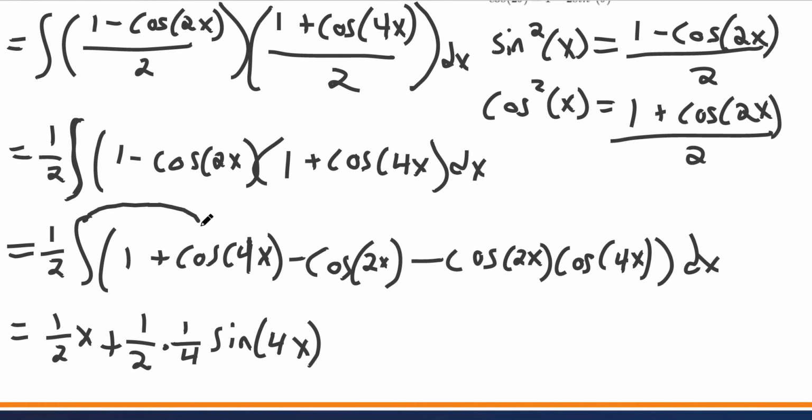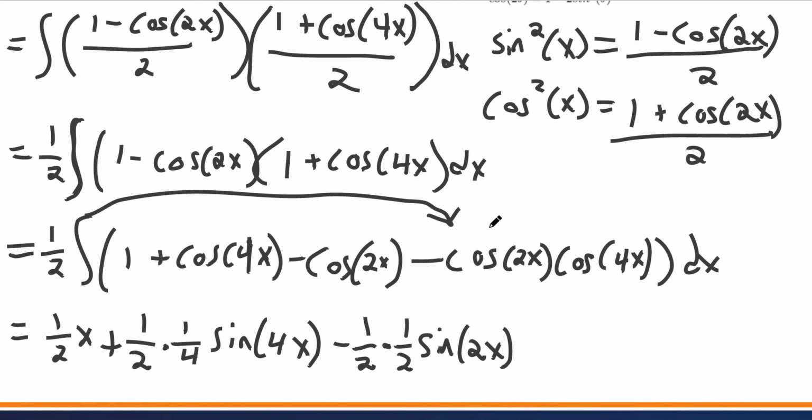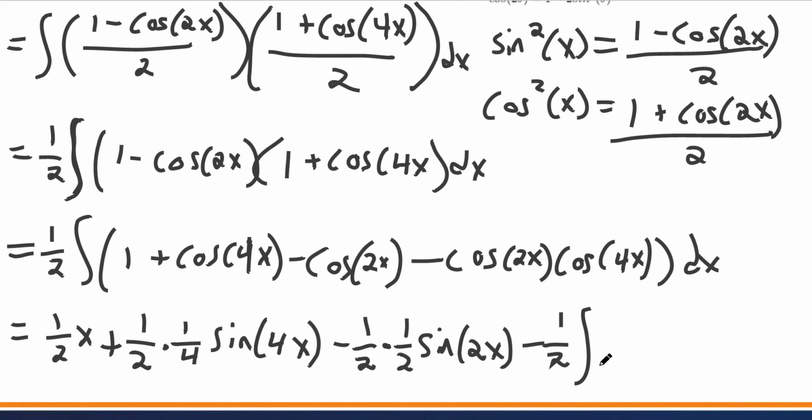So we've done the integral here. Now we need to do the integral of this. Similarly, that's going to be 1/2 from outside times another 1/2 when evaluating this antiderivative, and that's sine 2x. And we're almost done. Now we just have to do kind of a tricky antiderivative here. So before we do that, let's just write that out as minus 1/2 the indefinite integral of cosine 2x